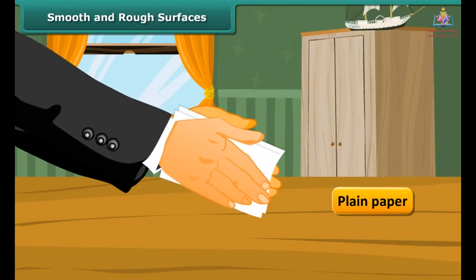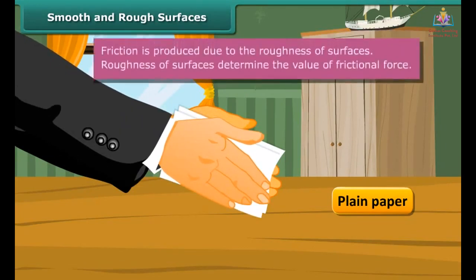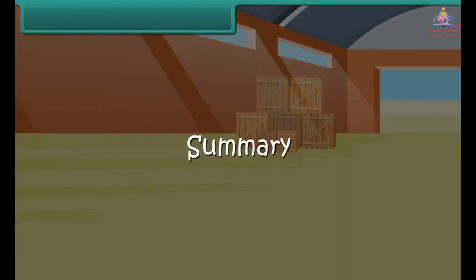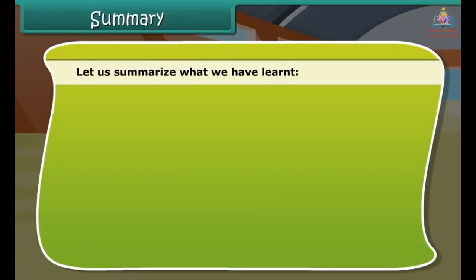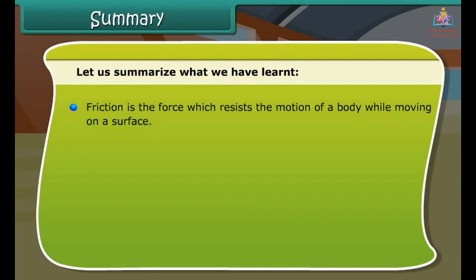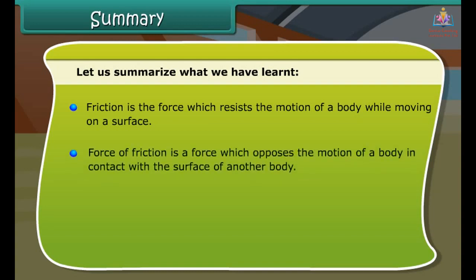Some surfaces are smooth and some are rough. Some are less rough and some are more rough. Even a smooth surface has some irregularities, roughness on it. For example, when we try to move one sandpaper over the other, the movement is not smooth. That means there is friction due to the interlocking of rough surfaces. But when we try to move one